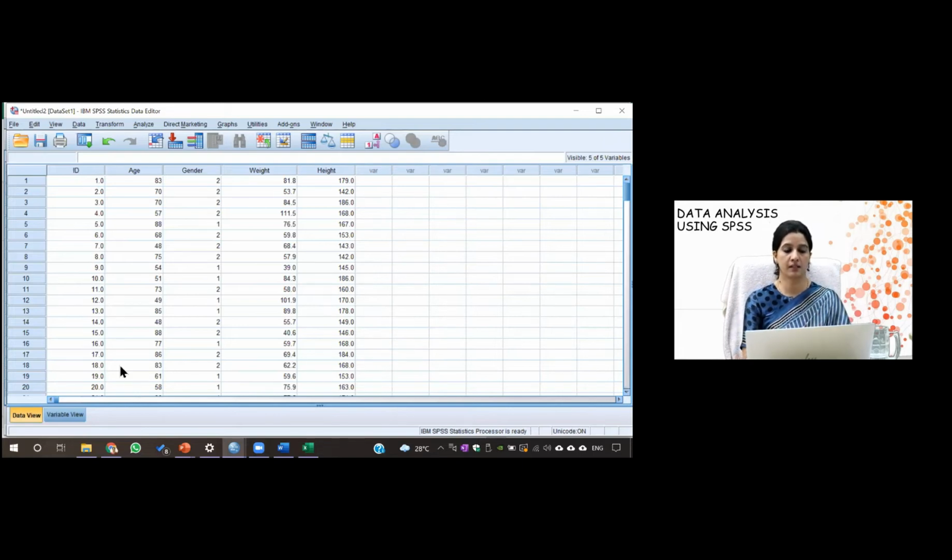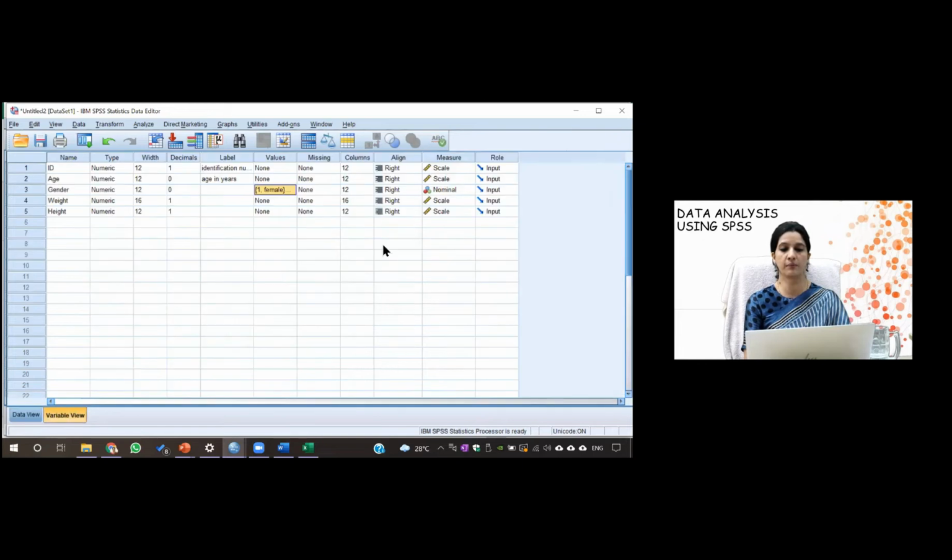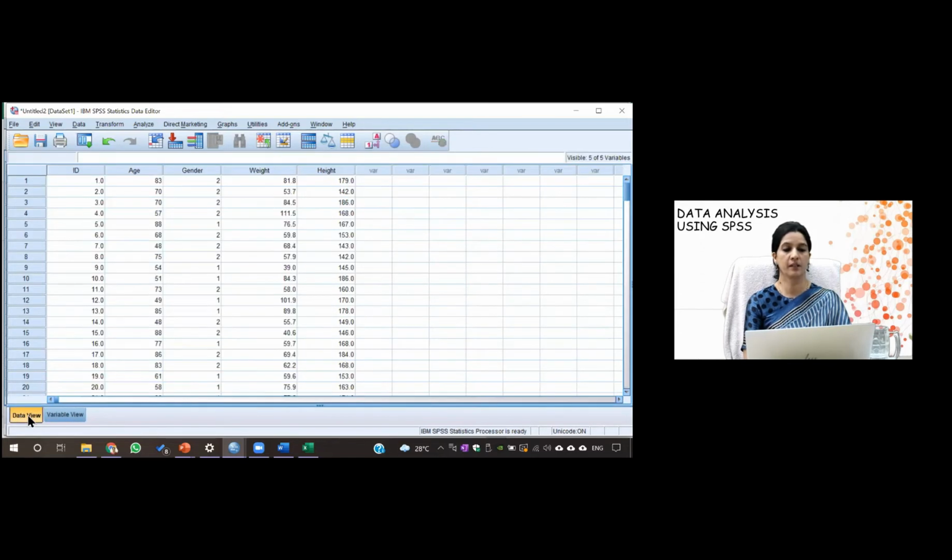So again, here also in the data view, if you go to the variable view, these things also, like if you see the other one, you need to change. So here you can see, it has taken gender as nominal, weight and height as scale. So this was the thing which you need to do before you proceed with the actual data analysis. So if it is clear up to this point, then we may go to the, no, again, one action is left, that is the code and recode into the same variable and calculation of some variable. So like I have told you to take the variable as it is.